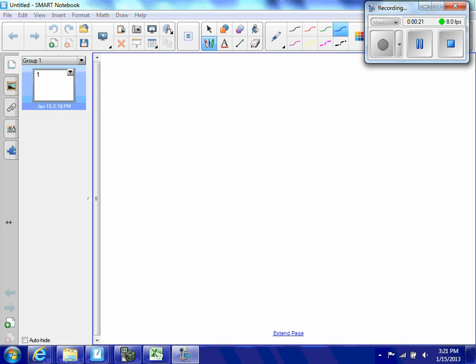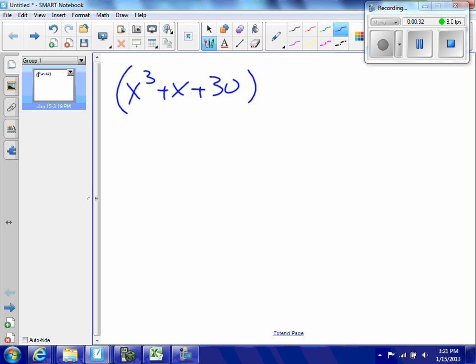This is actually practice B, number 3. I'm going to do x cubed plus x plus 30 divided by x plus 3. Now I'm going to set it up kind of like a regular division problem, except one thing